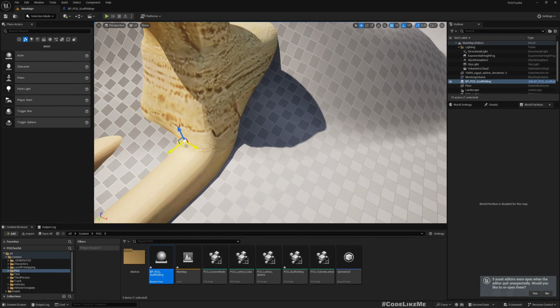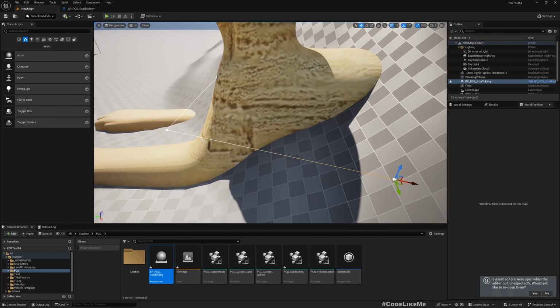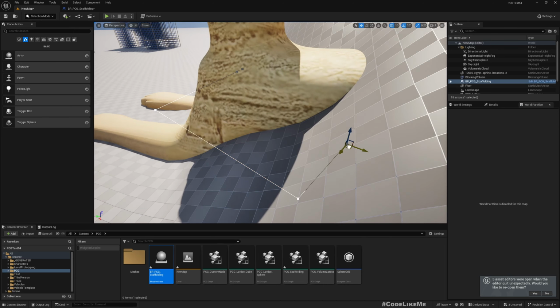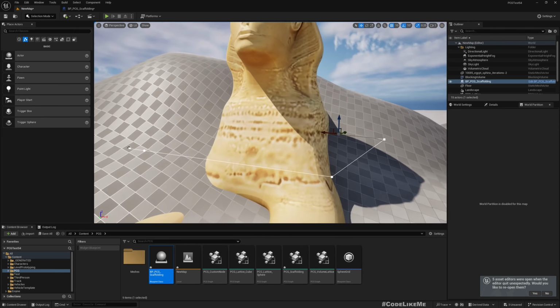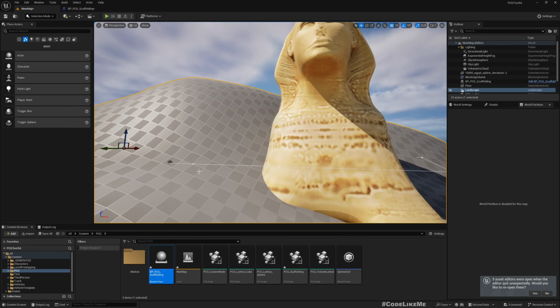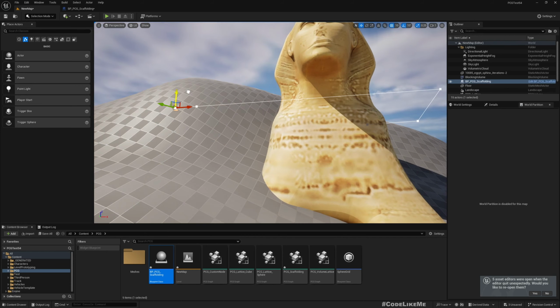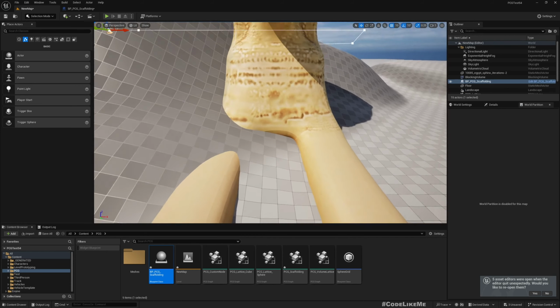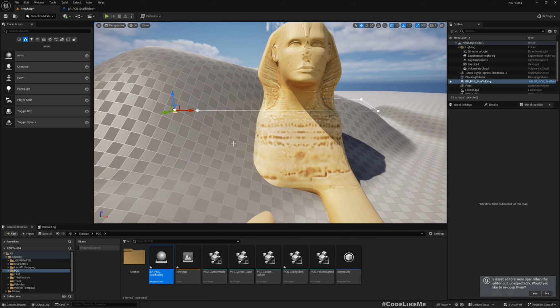Right, that should be enough to get started. So I can move it up. Yeah. Alright, now let me open my